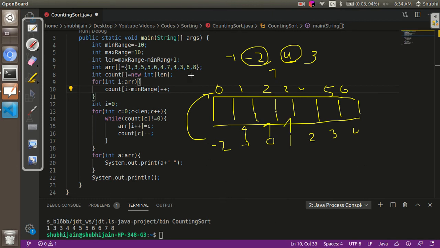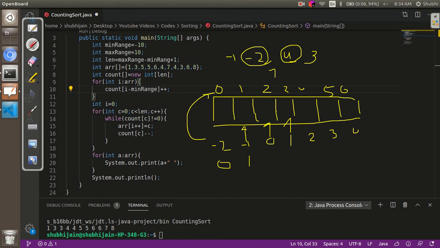Now this can be done by subtracting the minimum range from each element. So the minimum range over here is -2. If I subtract -2 from -2, it becomes 0. If I subtract -2 from -1, it becomes 1 and so on.